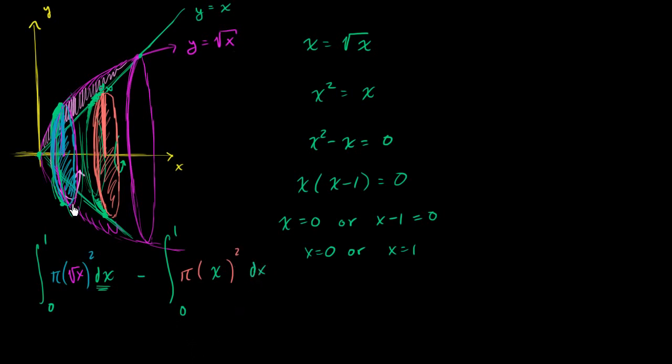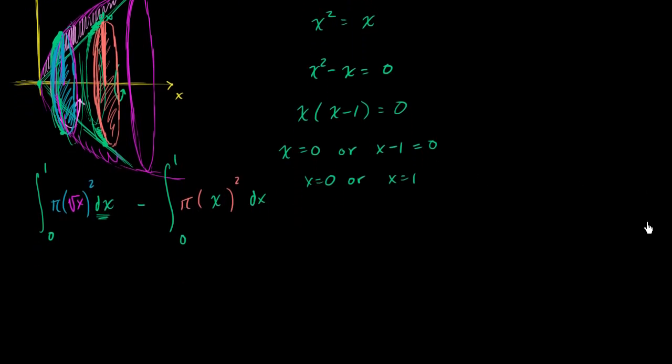And so the volume of our truffle with the cone carved out is going to be this integral minus this integral right over here. And we could evaluate it just like that. Or we could even say, okay, we could factor out a pi out of both of them. There are multiple ways that we could write it, but let's just evaluate it like this, and then I'll generalize it in the next video. So this is going to be equal to the definite integral from 0 to 1. We can take the pi outside. Square root of x squared is going to be x dx, minus the integral, we can factor the pi out, from 0 to 1 of x squared